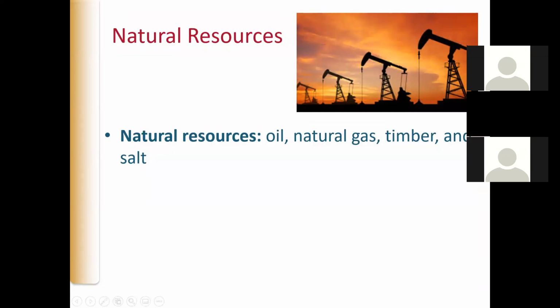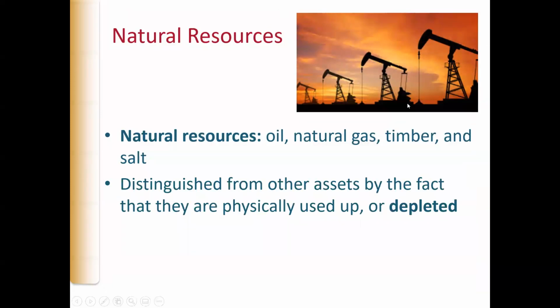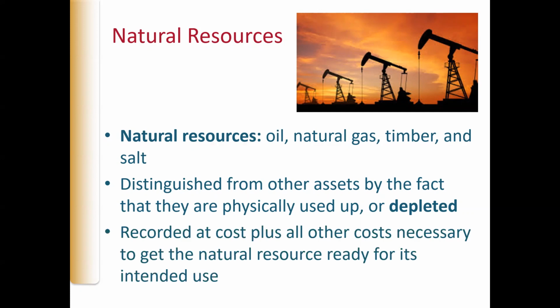Now, natural resources. Natural resources such as oil, natural gas, timber, and salt are a little different from other assets because these types of assets get used up. What we call being used up is called depleted. There's depletion associated with these natural resources, which are an asset. For natural resources, we will record these at cost plus all other costs necessary to get the natural resources ready